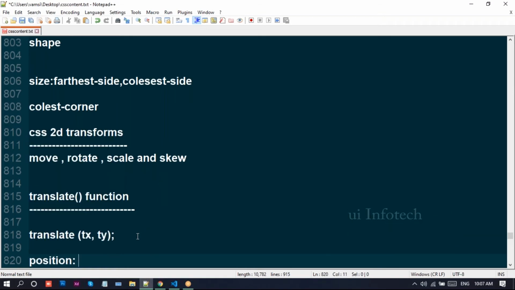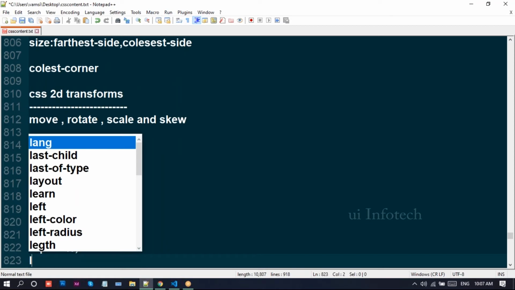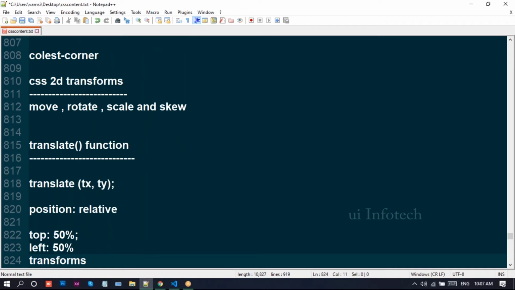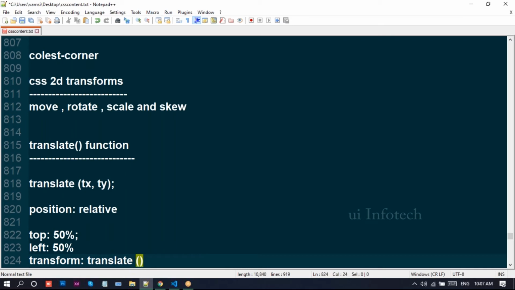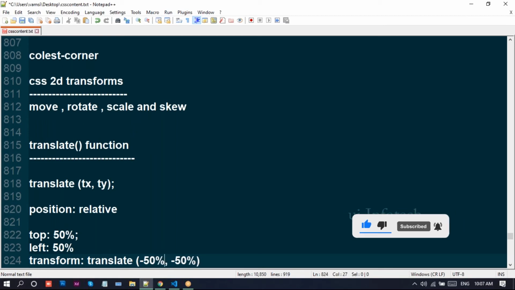Using the translate property, we can make an exact center. You can use position relative or position absolute, whatever you want, and write top 50, left 50, and transform translate minus 50, minus 50.